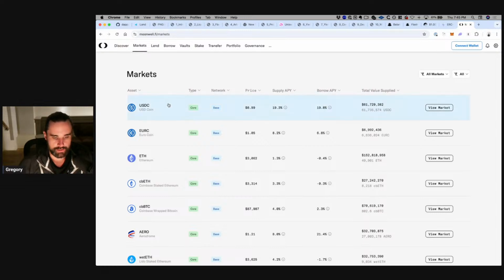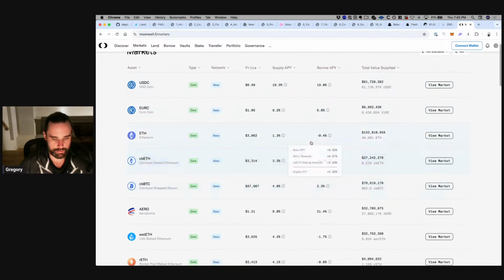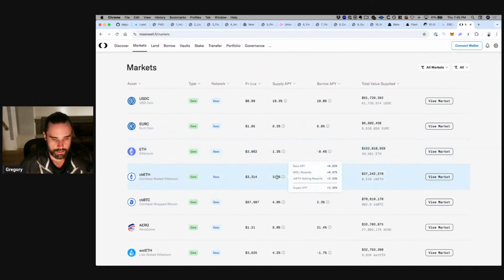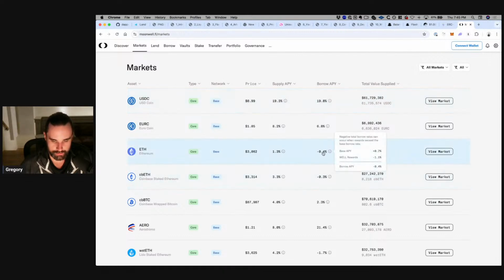In this application, you can supply cryptocurrency and then you can borrow. But typically, when you supply, you have to borrow a different cryptocurrency. So if I put in USDC, maybe I could borrow Ethereum, or vice versa. If you supply Ether, maybe you could borrow USDC. And it's funny, it's got a negative interest rate. I was about to say, if it was negative, maybe you could get paid to borrow. I see why it is though.